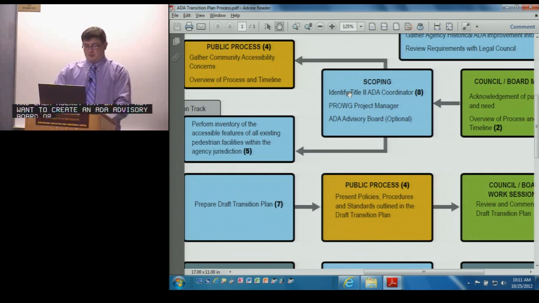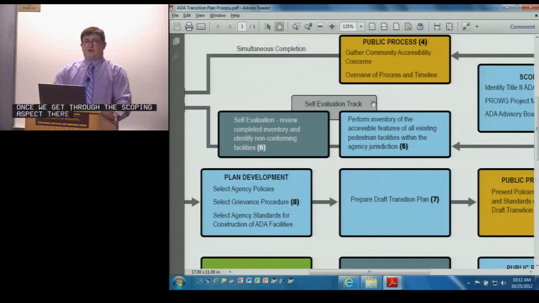I mean, that is a possibility that's out there. That footnote 8, that's just outlining that a Title II coordinator is probably already present in your agency or should already be present in your agency. Once we get through the scoping aspect there, we get to a point where we can kind of diverge this